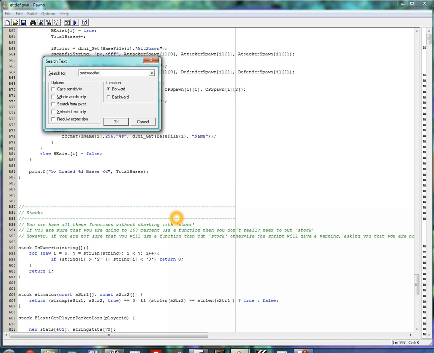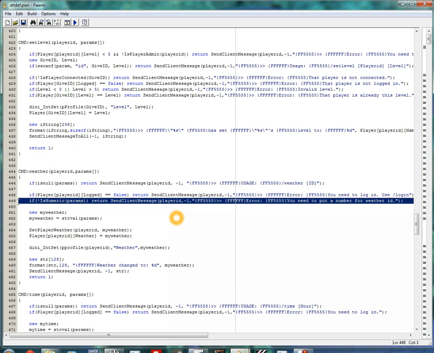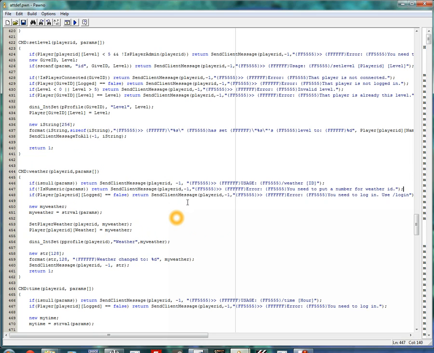Going back to your weather command. So if what he typed wasn't numeric, then send him a message that you need to put a number for weather ID. Okay, then new myWeather, and then you can say myWeather is equal to strval params